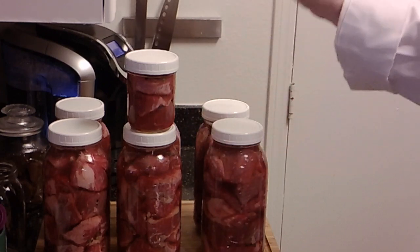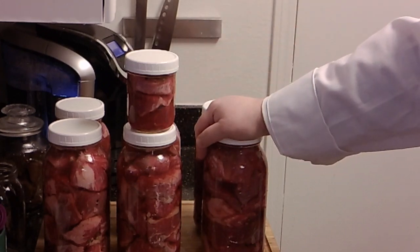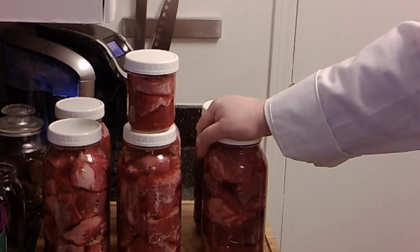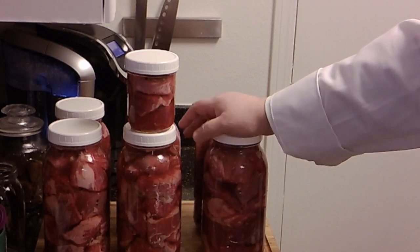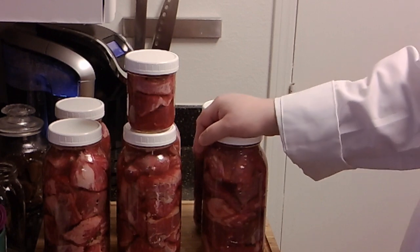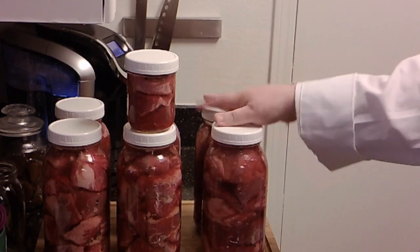So what I started out with was 3 full beef briskets that were between 12 and 15 pounds. Now, you will find on most brisket, when you buy it, there is a considerable amount of fat. So that's why, although it seems like anywhere between 36 and 45 pounds of meat would equal more than this,